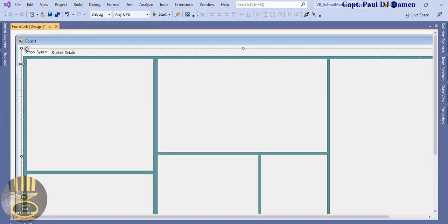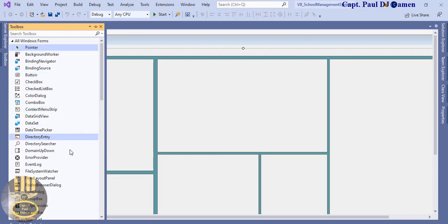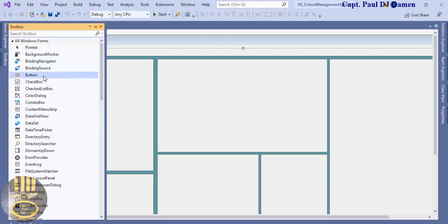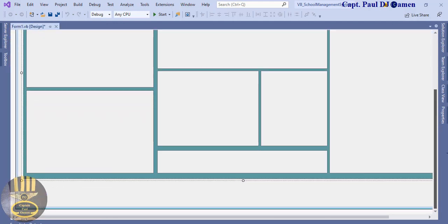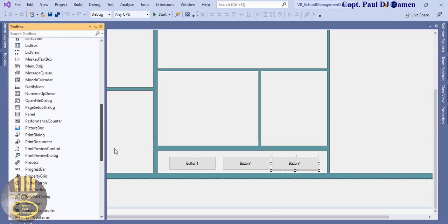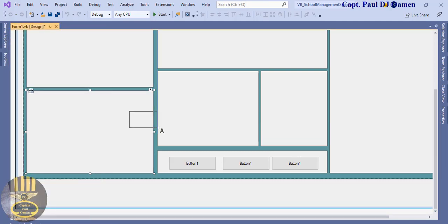So the next thing I want to do is come right here. Let's grab labels. Okay, I can see button here. Grab that very button, I need it anyway. So I want to add three buttons here. One here, another one, and another one. Okay, let's come right here. We need label, and we're going to need a couple of labels. We have one here, 2, 4,